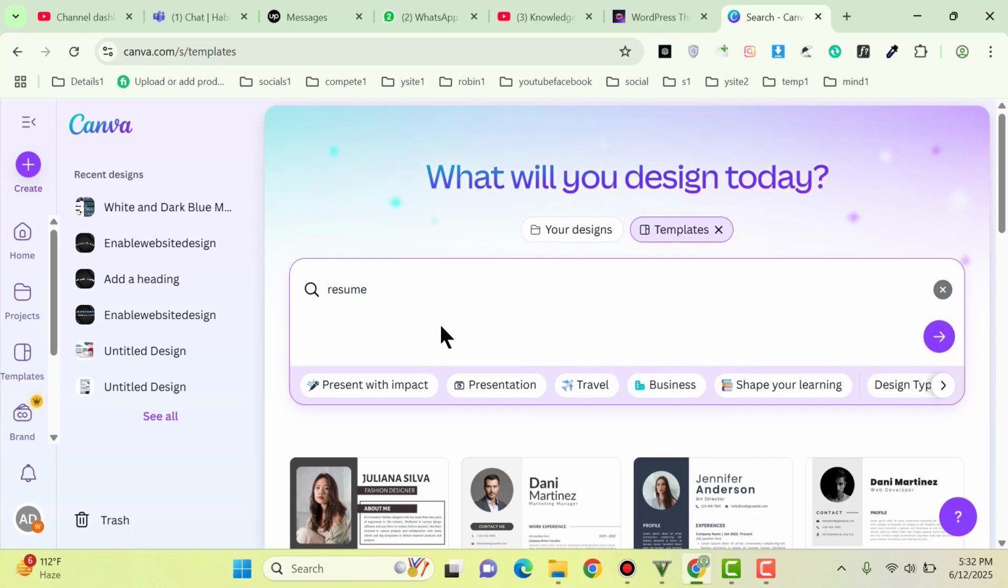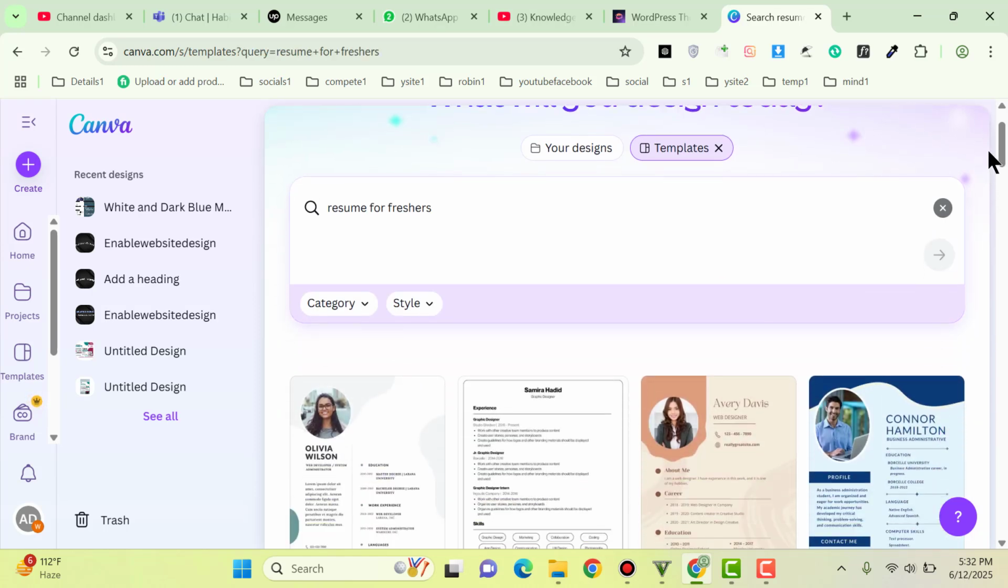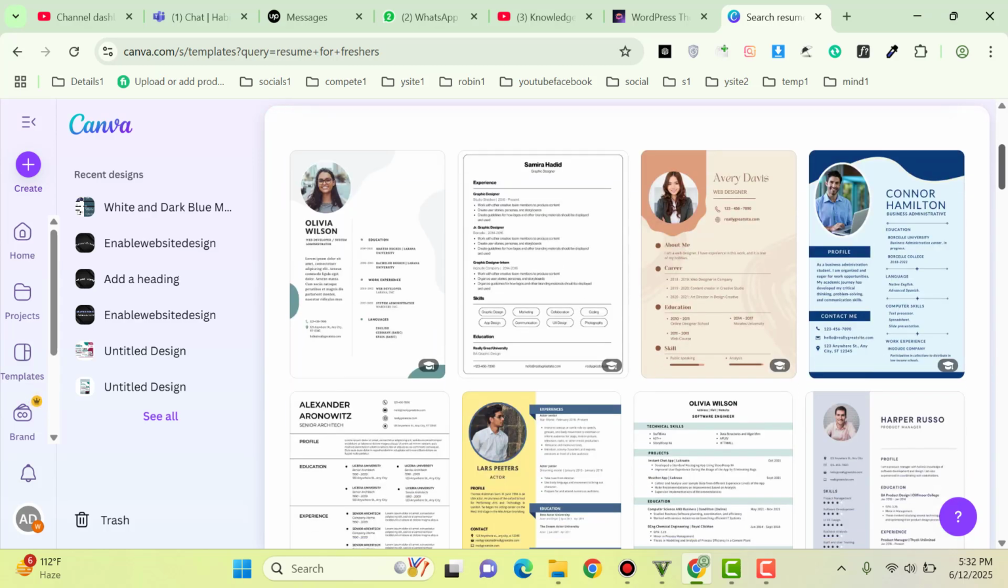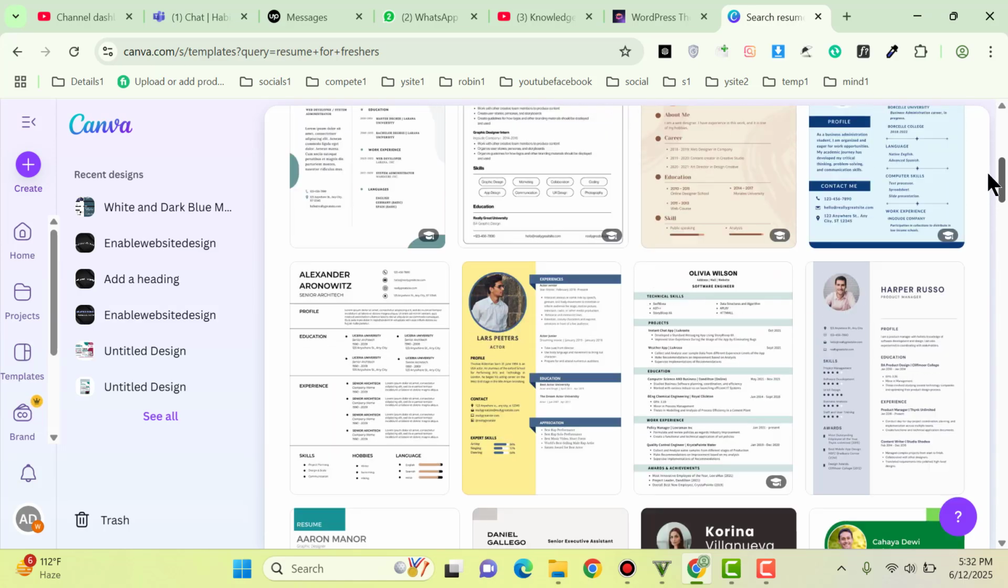and here you will get a couple of options. So you can select one of these. For example, resume for freshers, professional. So whatever you select you will get pre-built templates, and you can select one of the template. For example, let me select this one,